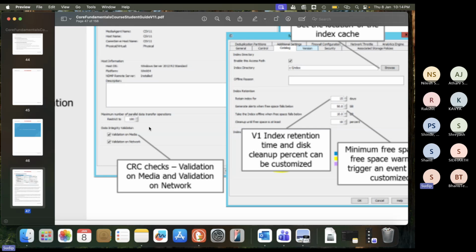Is it matching? Yes or no? If it is matching, then perfect. The validation on the network for that particular data chunk is successful, which means whatever I read from the source, byte to byte, bit to bit,